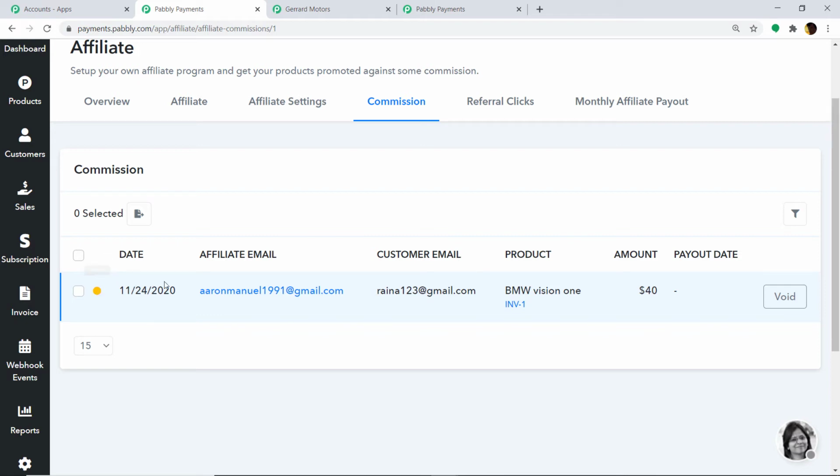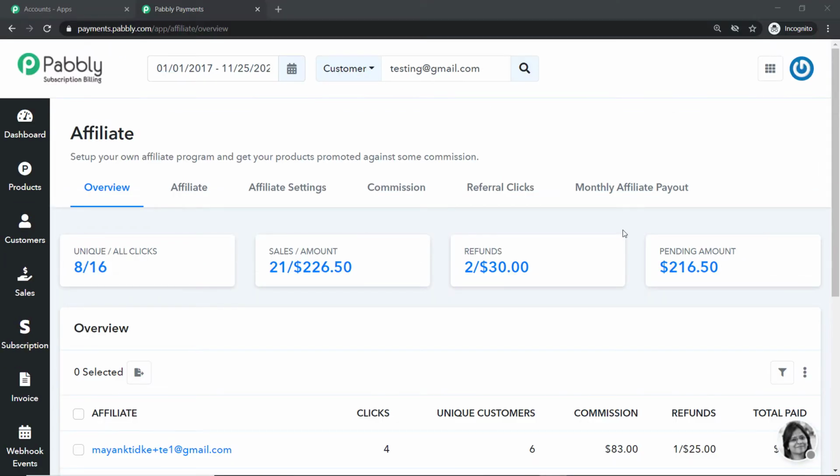So let's get on to this old account. This is the old merchant affiliate account that I was talking about, and since this account is old but active, it has a ton of historical data. As you can see, the figures in the dashboard are way higher than in the newly created merchant account.